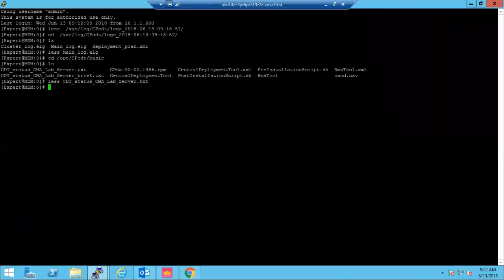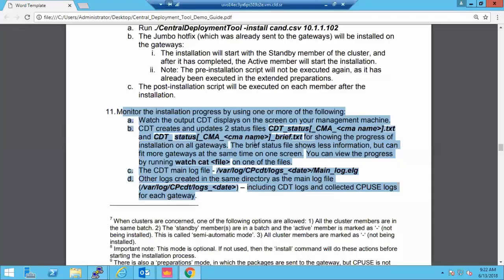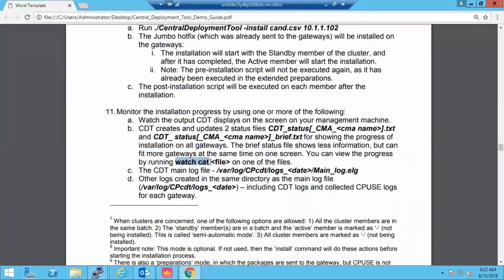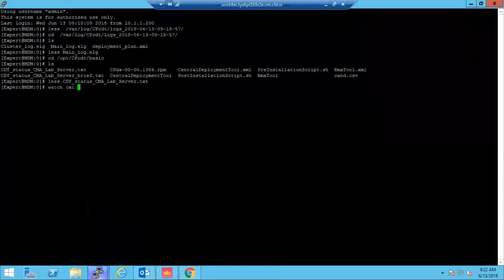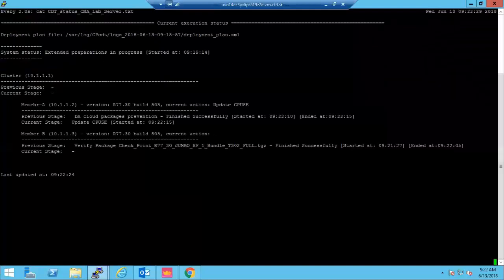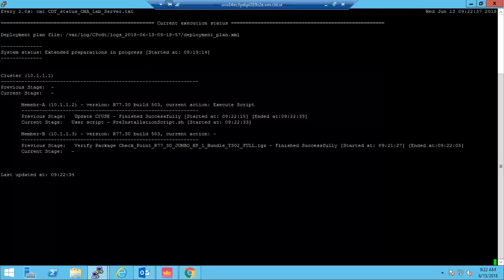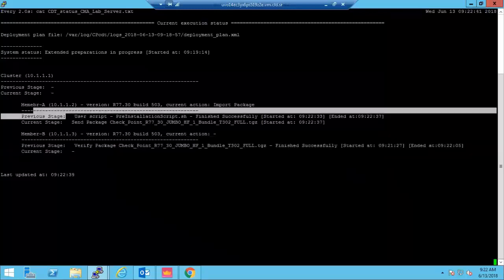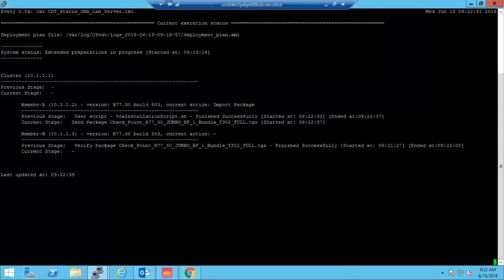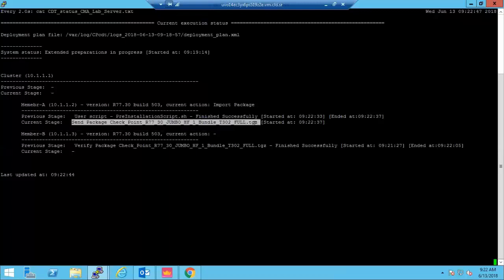So what I did is I used less, but as we can see in the guide, it recommends to use watch cat instead. So this will allow you to just see the status file updated in 2-second intervals. So here we can see that member B is finished, and you can see that it's updating all the time. Member B is finished its operation, and now member A is in operation, and it's currently running. It's finished running the user script. Right now, it's sending the Jumbo Hotfix package,